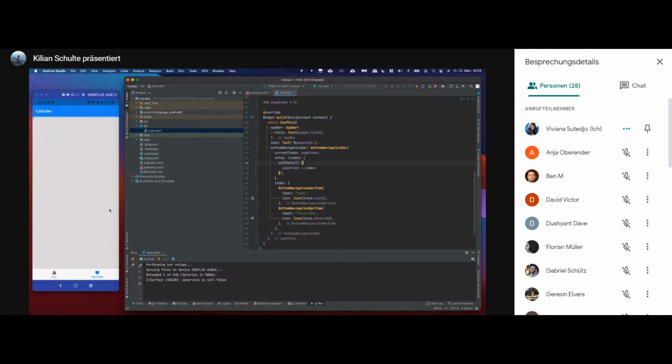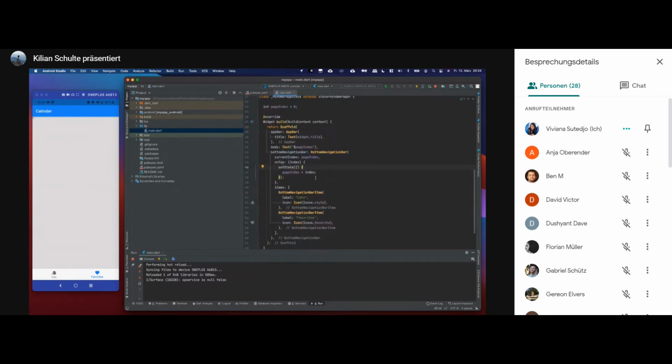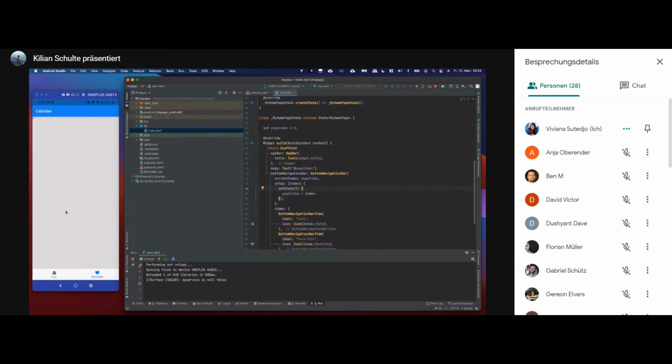Now, when we actually want to do the layout, we don't want to display a text and change just the text, but actually what we want to do is change between 2 pages or 2 widgets, because everything is a widget. And we're going to do this by exchanging this with a ternary operator. If we don't know what that is, it's basically just an if statement. So we can write if page index